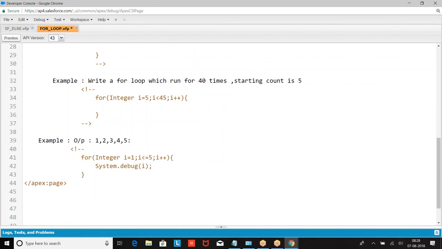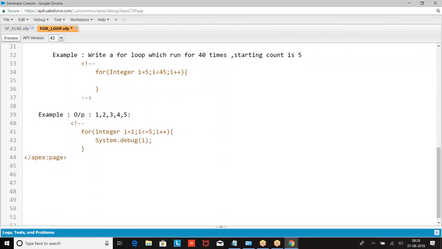The first time when you are running the operation, what is the value of I? I equal to 1. Then it goes to the second, I equal to 2, I equal to 3, I equal to 4. This is how we are getting it.